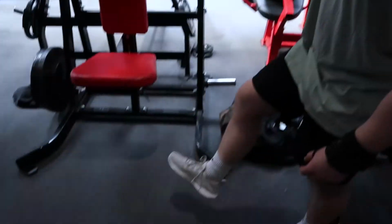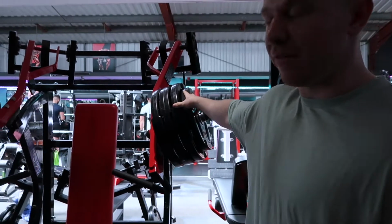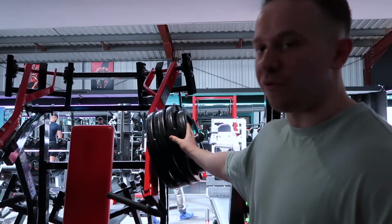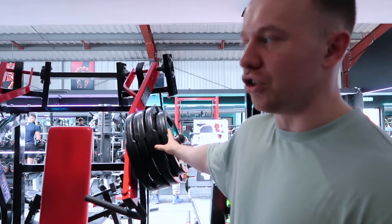Let's have a look at your shoes first. Shoes? Yeah. They're a bit old. I think we'll be now. Right, top set, 3 plates and a 10. 3.5. Last time I did 3.5, I got 6. So a 10 kilo jump is probably quite significant. I probably shouldn't do this, but it's for YouTube,